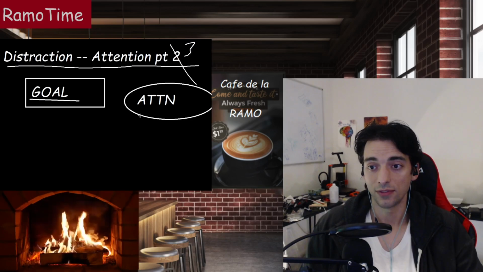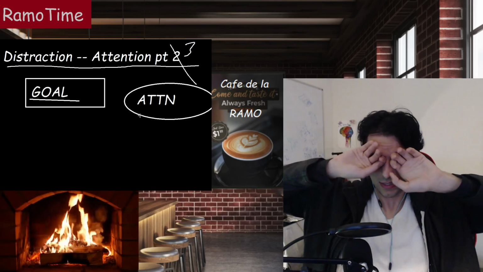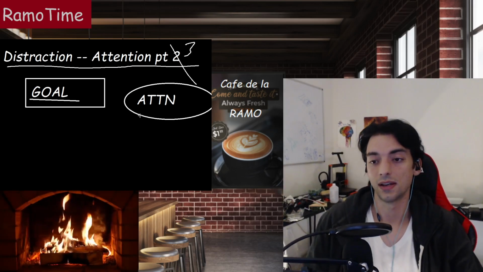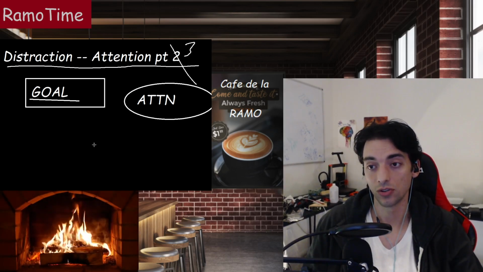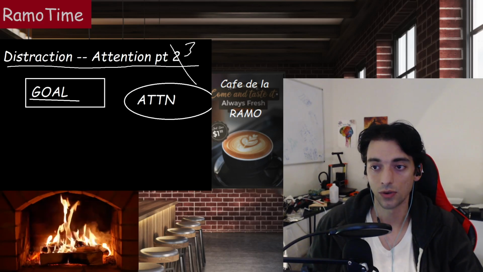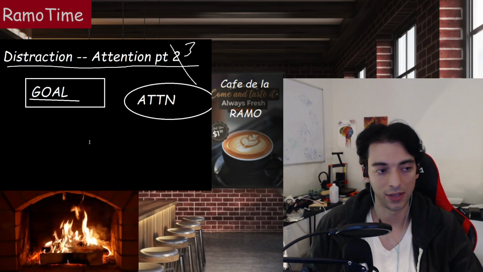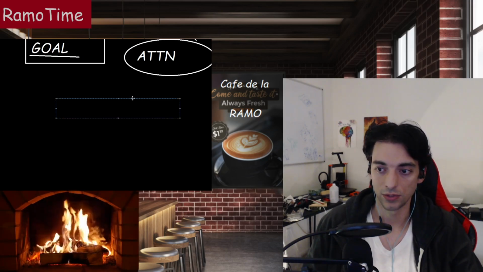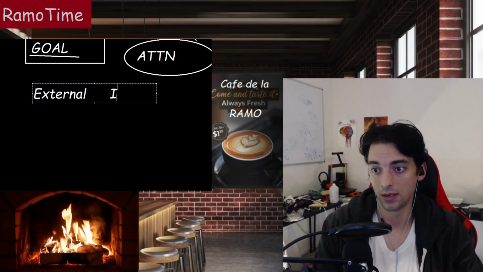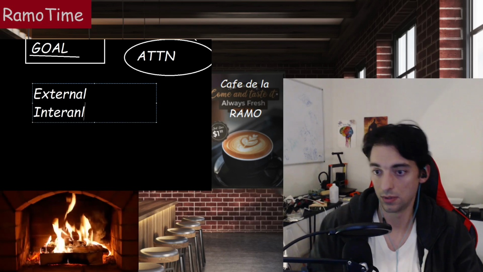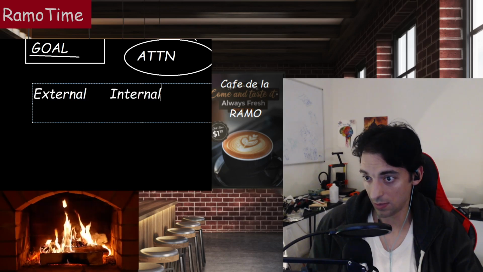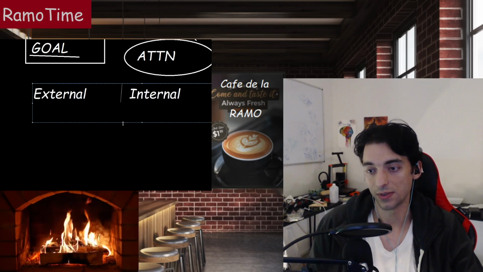Now attention is complicated because you can be focused on something external like homework, or you can be focused on something internal, like you're trying to figure something out in your head, right? So one way people divide this out is to talk about two types of stimuli, which is external and internal. Wow, and I can spell. That's great. And let's make that nice and big. Okay, cool, right? That makes sense, right?